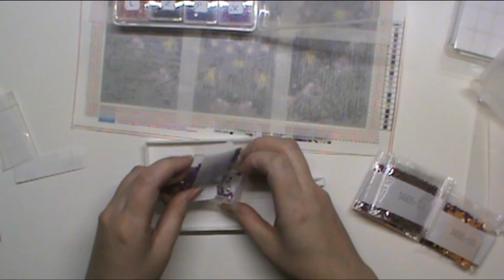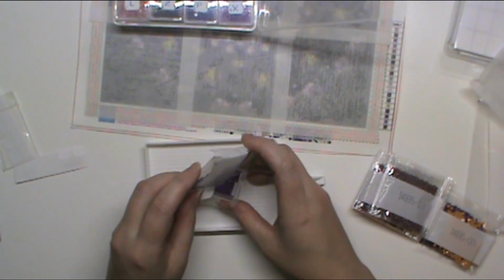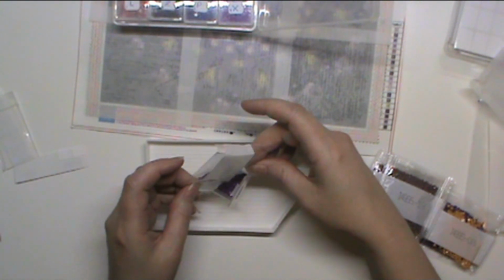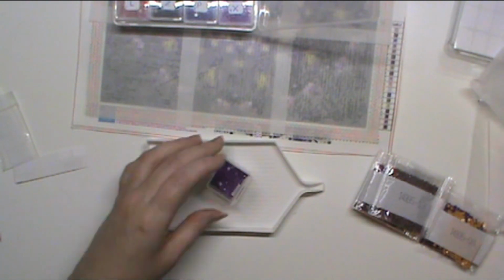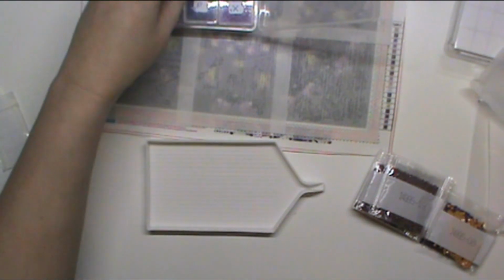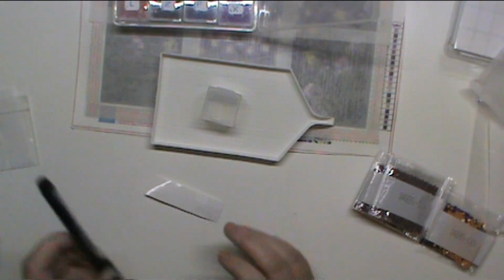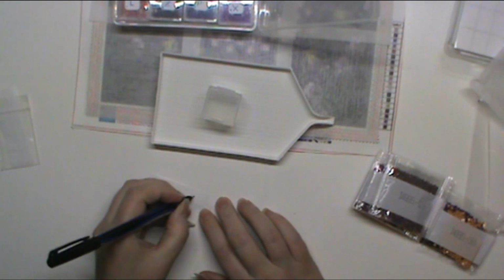And in you go. So these have been pretty good as far as not horrible static. So I think I might try doing it without the dryer sheets. I'll reserve dryer sheets for when the static is so bad that it doesn't want to come out of the little bag. So, alright, so number 8